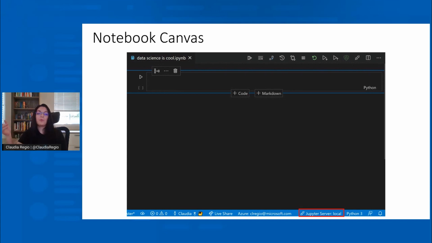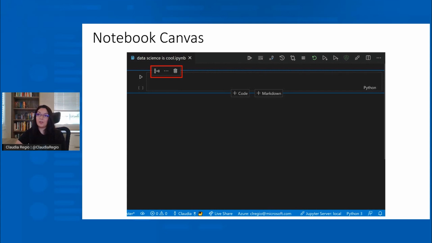Next, sometimes if you're working with a notebook that needs more computational power, it might take a couple hours on your local machine, and you want to actually connect to a remote server that might have something like a GPU. This is where you'll want to click. When you click in this area, you'll get another drop-down. You'll get three options, and the third option is where you can actually input the URI to the remote Jupyter server that you are trying to connect to.